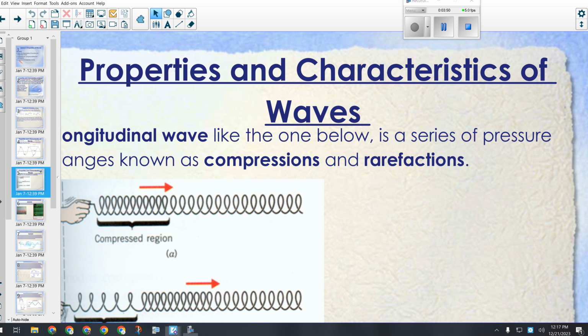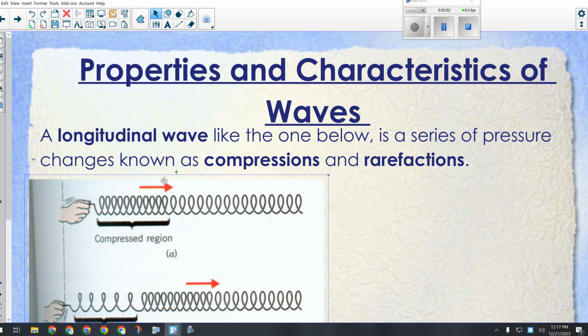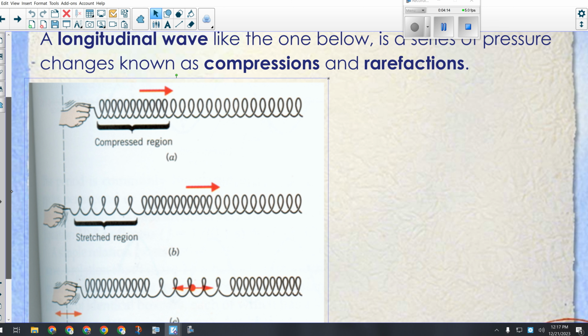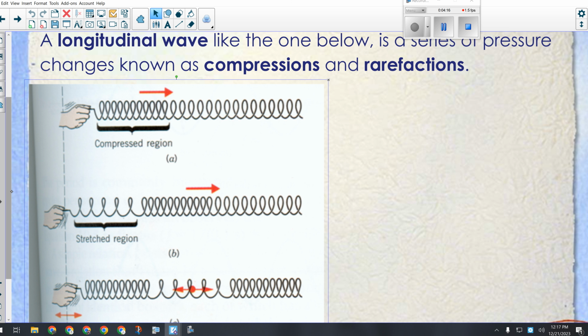So, with our longitudinal waves, it's a series of compressions and rarefactions. To rarefy something means to make it less concentrated, thinner. They often say that when you go to the top of a mountain, the air is rarefied. It's thinner than it is at lower altitude. So that's what a rarefaction means, to be less concentrated, thinner. So when we see those, we see the compressed region, we see the rarefied region or stretched region,